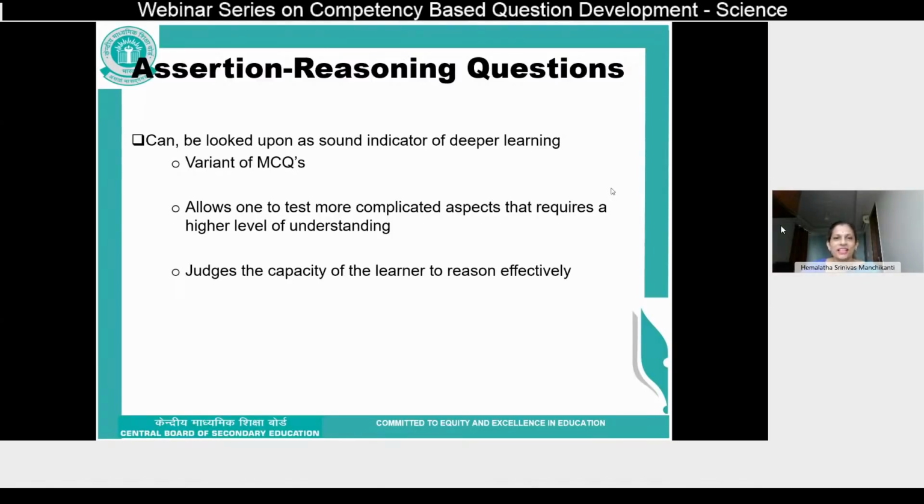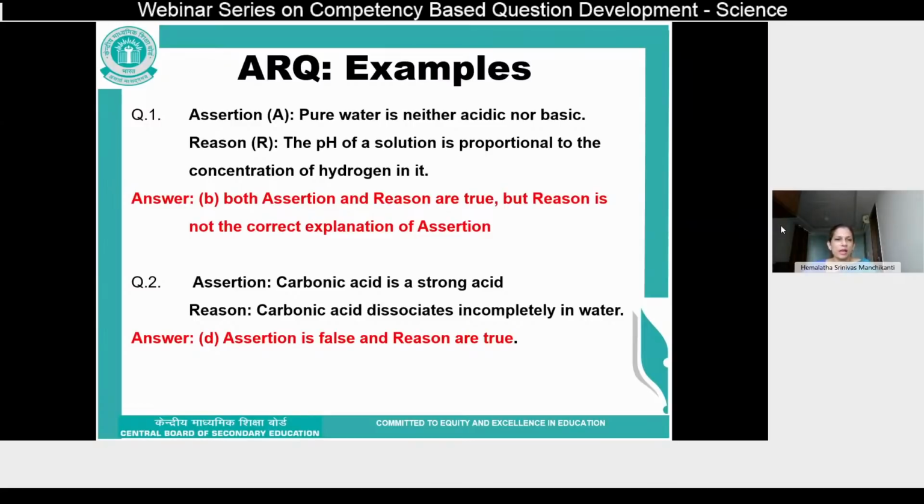Next slide, please. This is an example of an assertion reasoning question. Next slide. In example 2, let us take: carbonic acid is a strong acid. That means this is the statement which is given. The child should be able to understand what are strong acids, what are weak acids. The reason given here is that it dissociates incompletely in water. That means the child should be aware of what dissociation is, the theory of acids and bases, before coming to the conclusion, and should be able to correlate these two things, that is, the statement which is given and whether the reason is correct or not. If it is correct, which option he is supposed to take. Correlate between these two statements. Next slide.